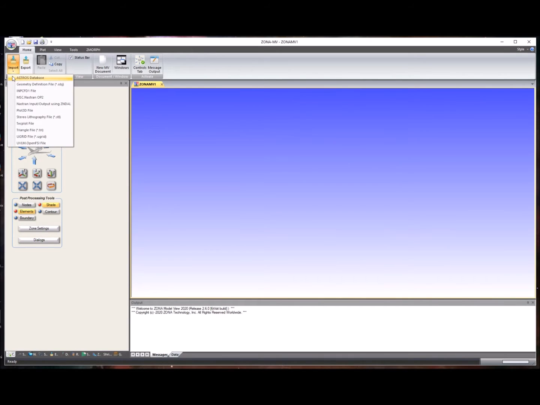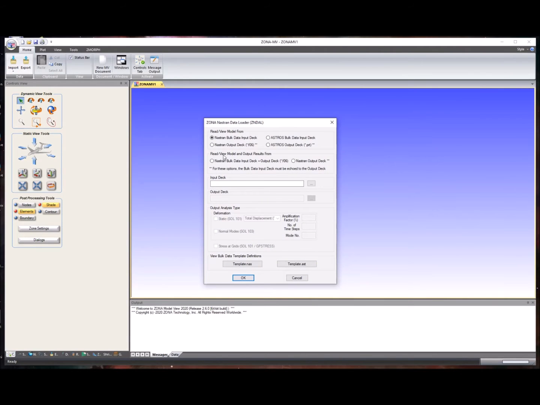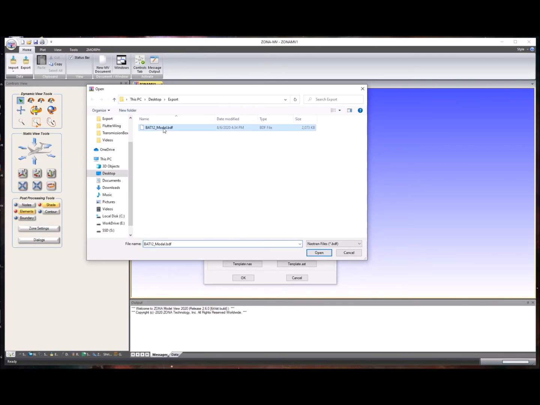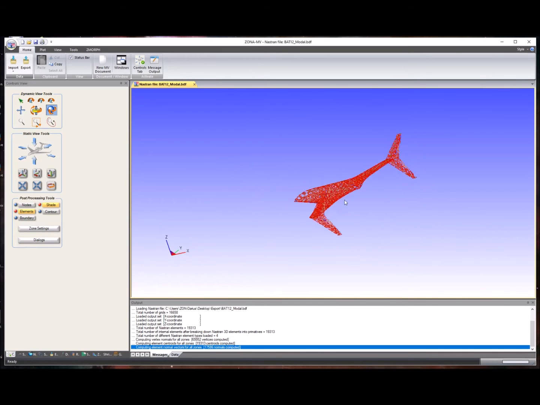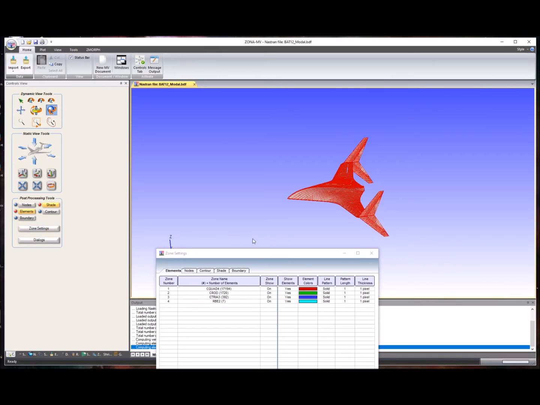So first we will load a model that happens to be saved in Nastran bulk data format. Now when exporting data you can actually translate from one type to another, so it doesn't matter which one is loaded. So in this case we have a UAV type model that we can load, and here we see then that if we go to the zone settings button,